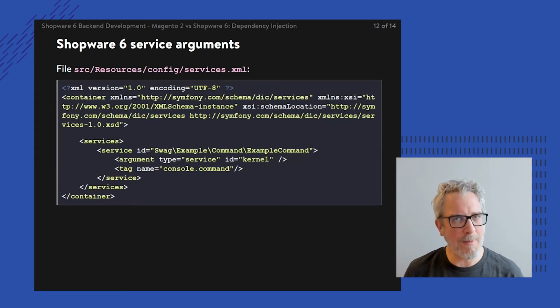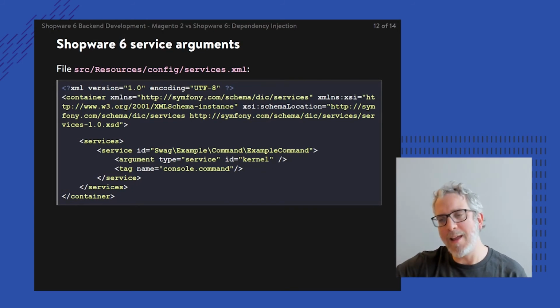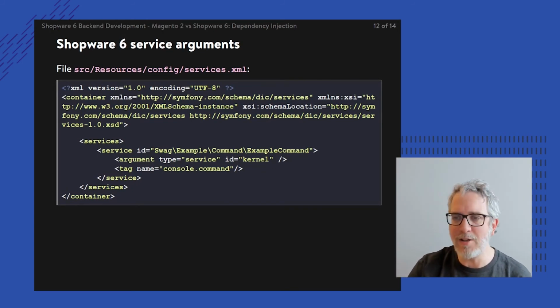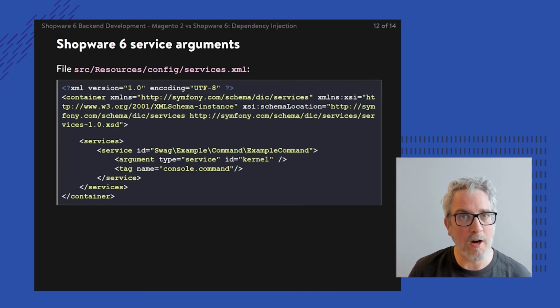But the bottom line is that by using service arguments, you can refer to a specific PHP argument and remove it or change it into something else. So just like Magento has types and virtual types, in Shopware we still have those service arguments as well.